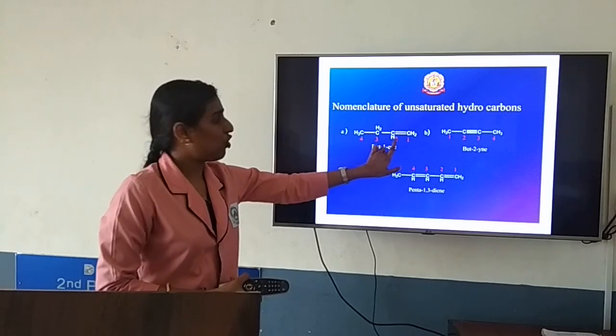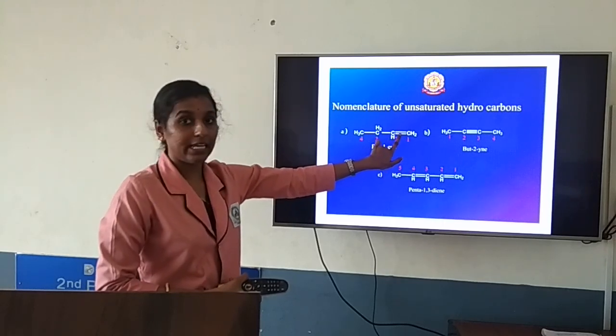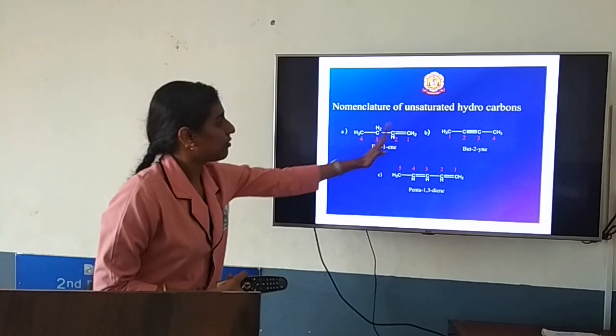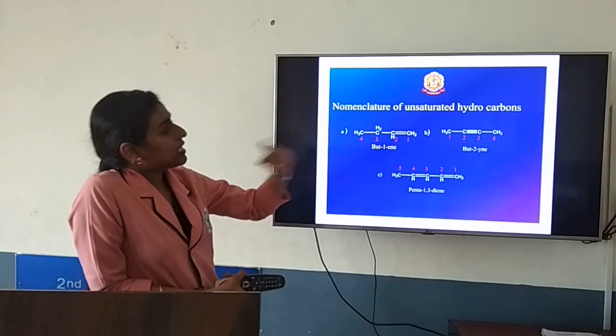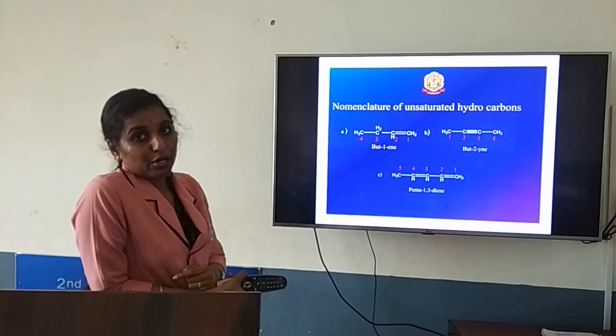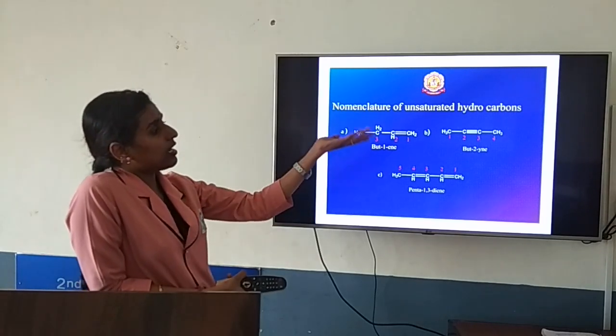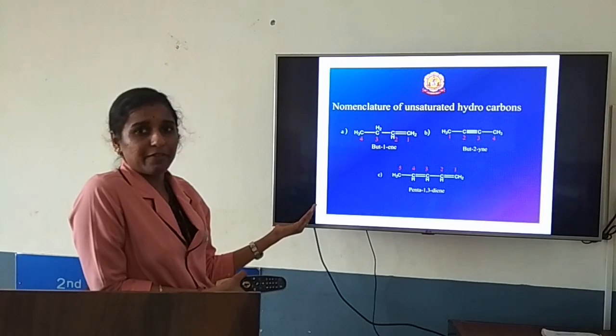First carbon, don't give; the second carbon is having the ene. First, from where you have started, you should do it like this. So the first carbon is having the ene. Next one you will check: the triple bond is present in the middle, so you can start from that side or from this side, one and the same.